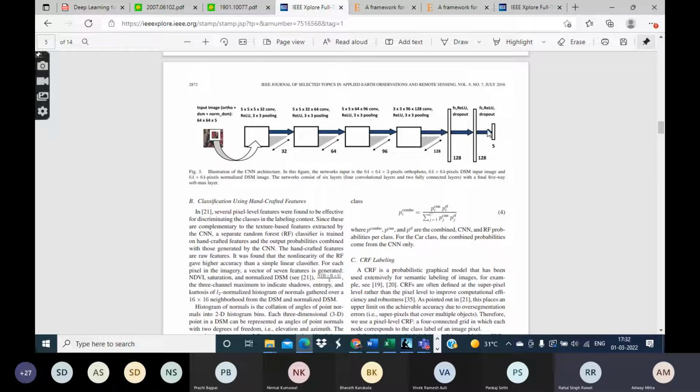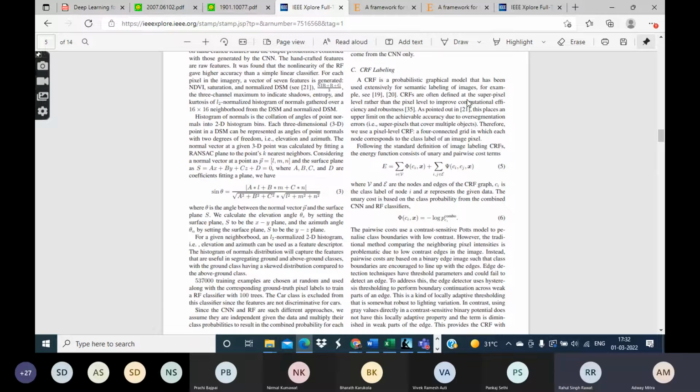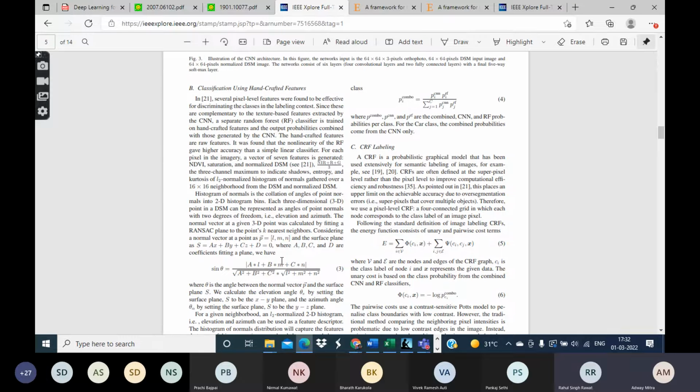Each CNN, at every pixel, provides this kind of probability distribution, and then these probability distributions are passed on to the CRF. Also, they say that they build something like random forest classifiers too. I mean, this is something which they have done. Usually CNN and random forest don't go together, but whatever it is,